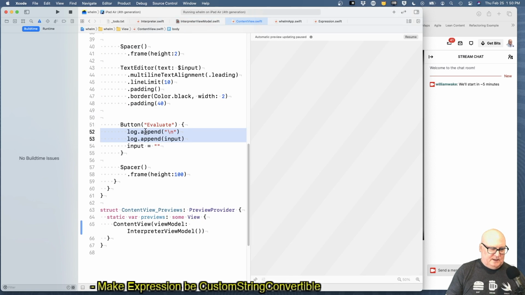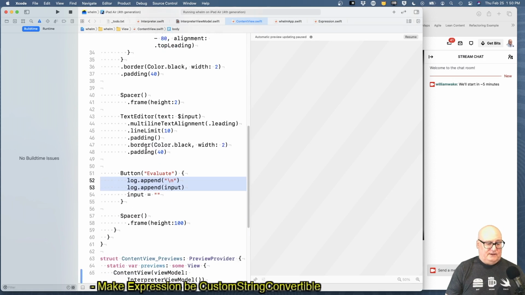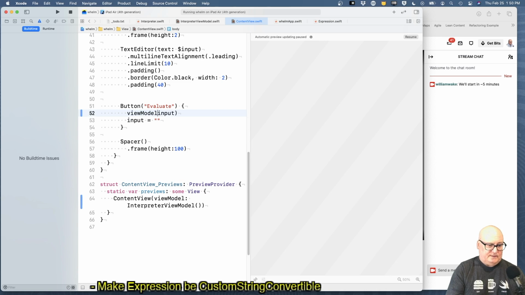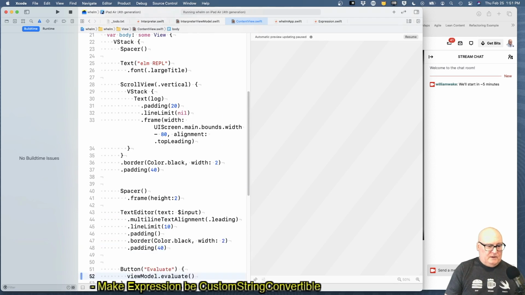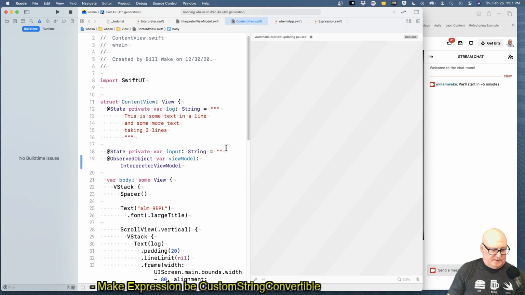Okay, so append it to the log, append the input. All right, so we really want to call ValueModel.evaluate. I think here. Okay. And then over here,